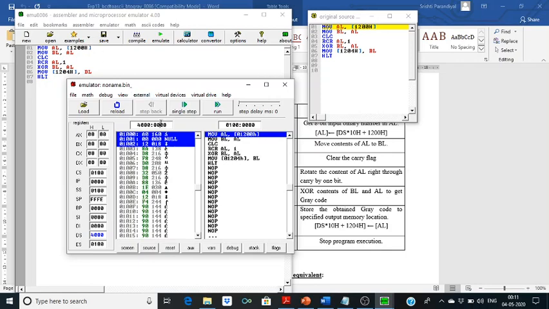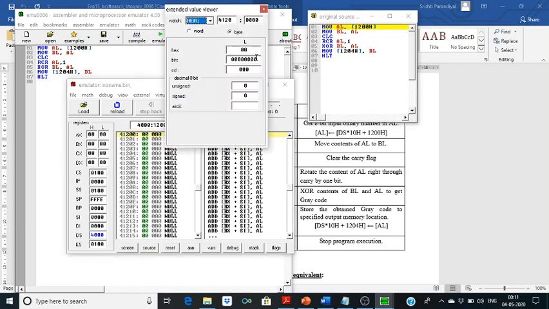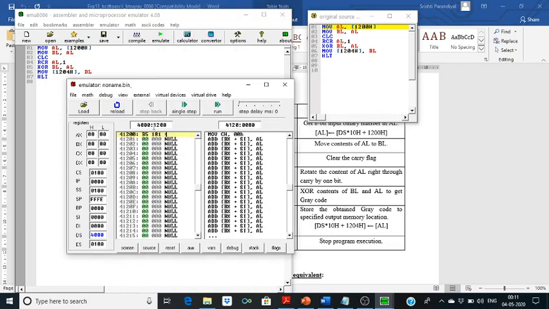In this memory location I've taken B5 as input, so we will put our data B5. Then we will move to our code segment 0100 and here 00.